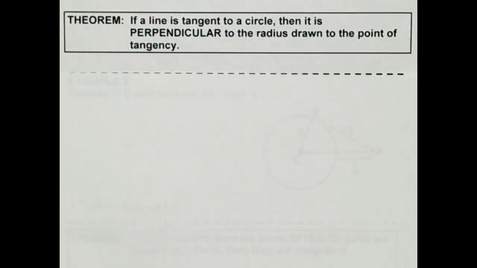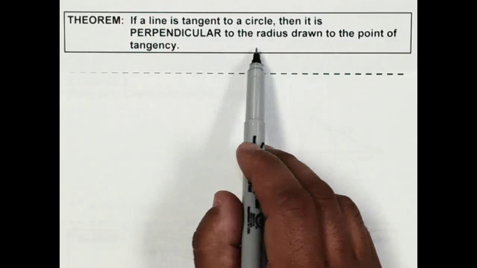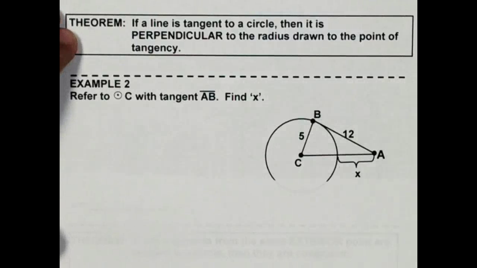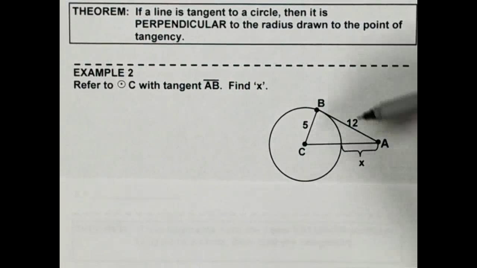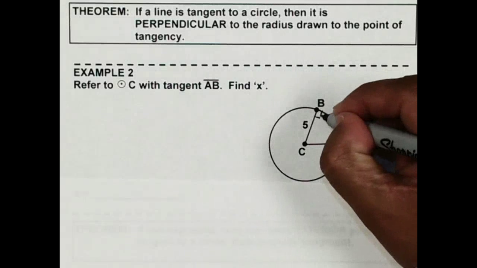Now we're going to look at this theorem, and it says if a line is tangent to a circle, then it is perpendicular to the radius drawn to the point of tangency. So let's look at a picture of what this means. If I know this segment is tangent to the circle, that means this angle right here is